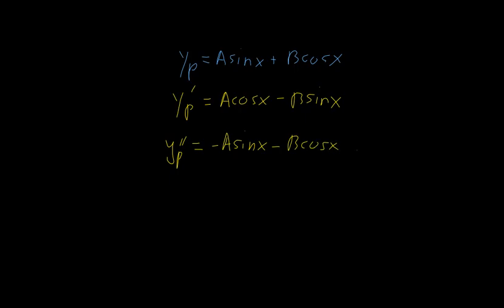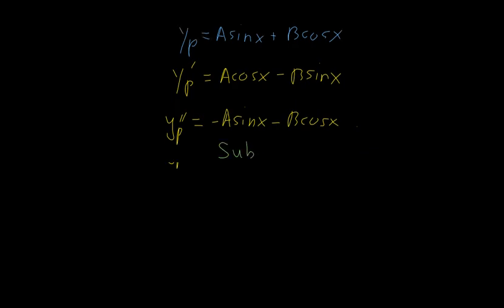Substitute into our equation below, which we stated, the one that we're talking about, which was y double prime plus y equals sine x. I substitute my information in here, so y double prime is negative a sine x